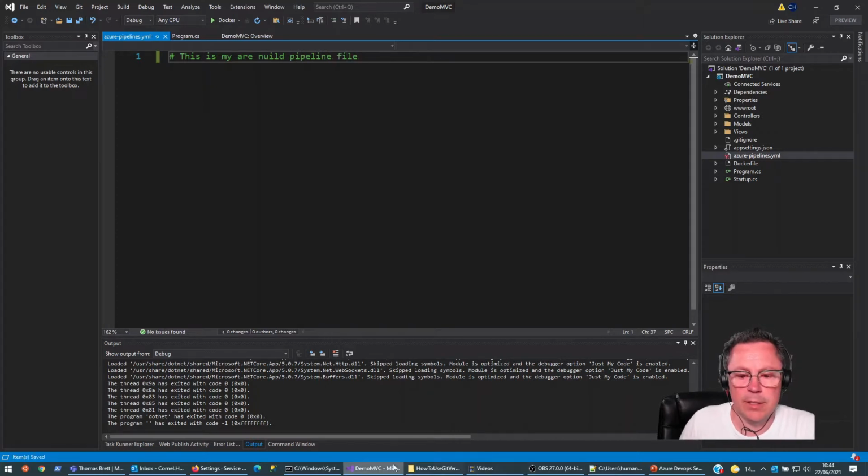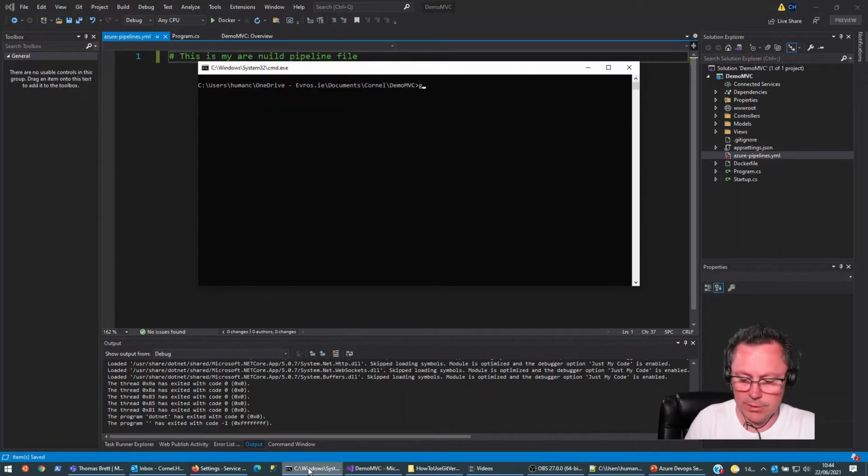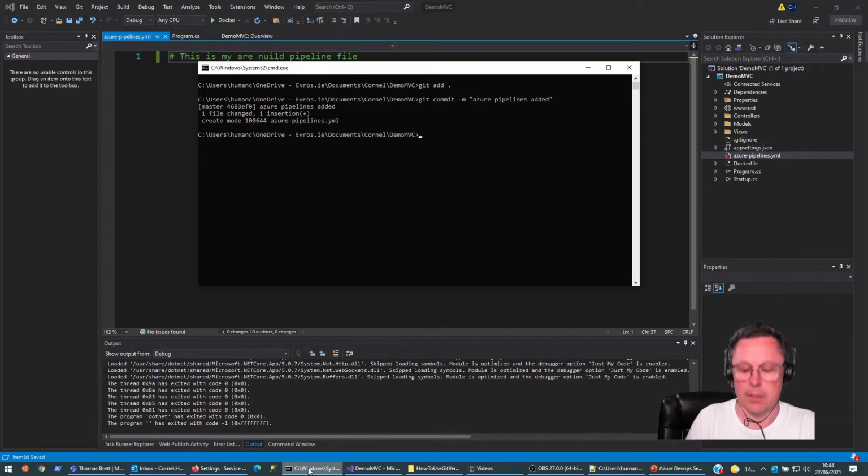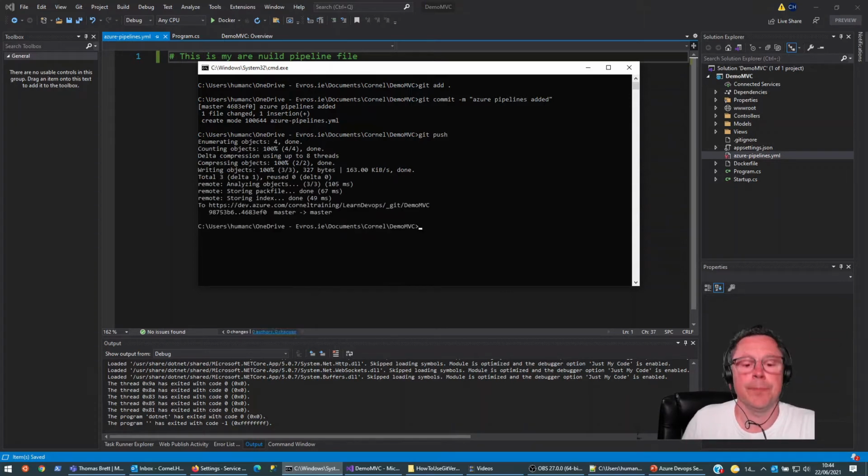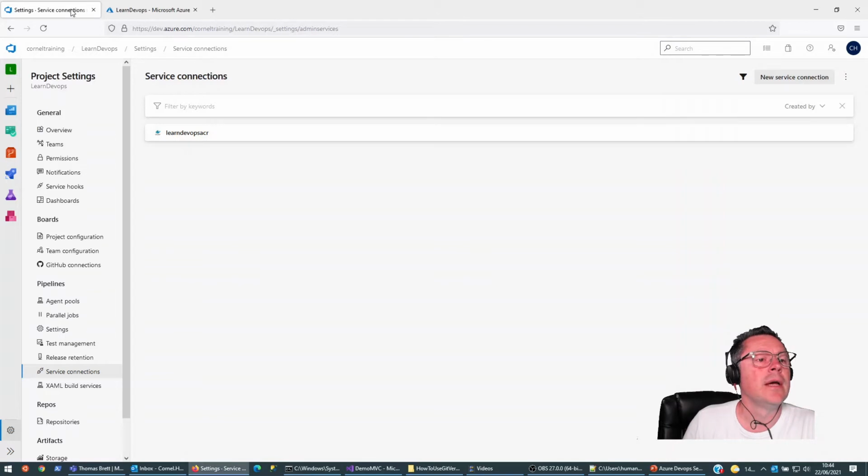Okay, and then it's very simple. We'll just do a git add ., git commit -m "Azure pipelines added", and we'll push it. There we go. So then when we're back to DevOps, it's quite simple. We can go to our pipelines